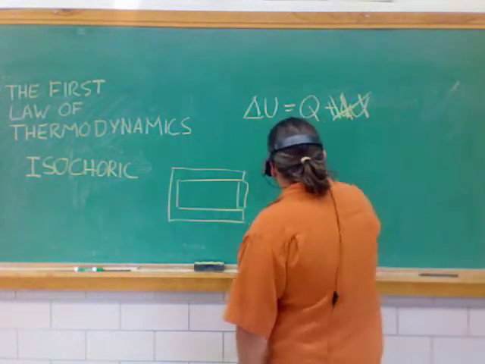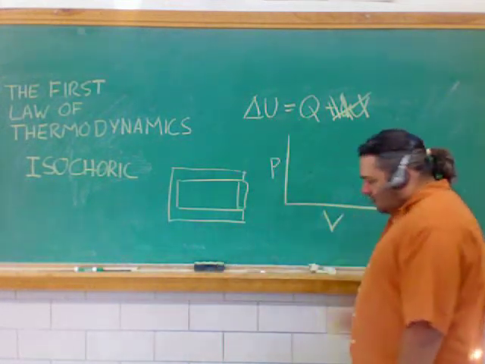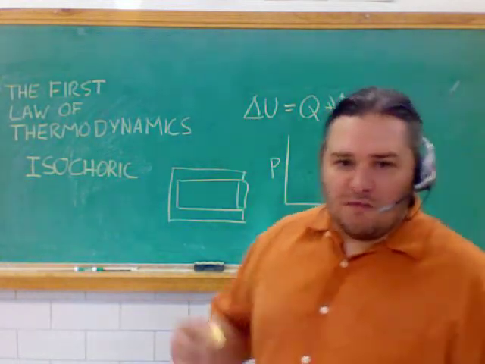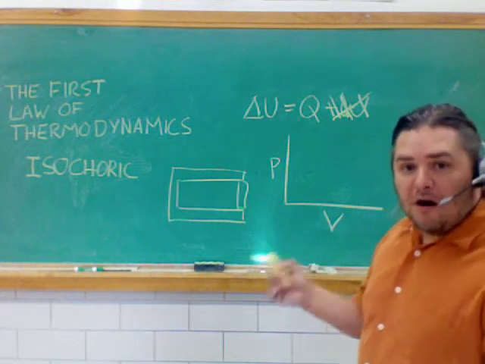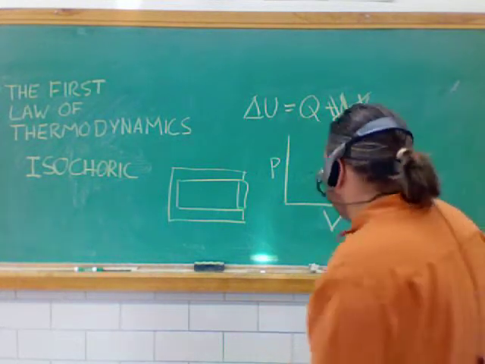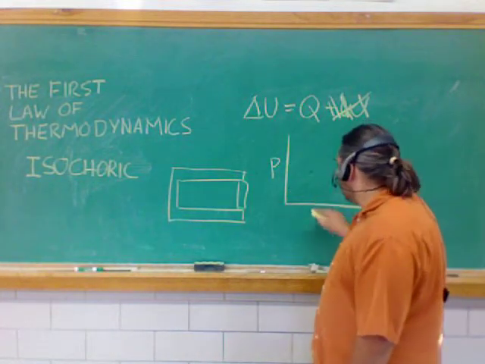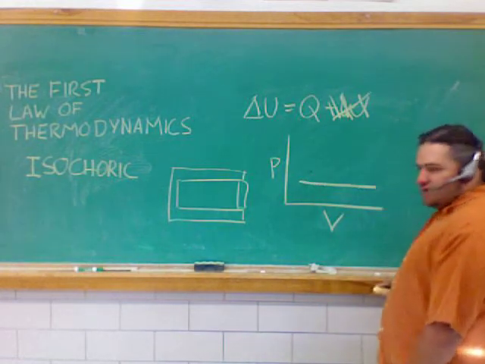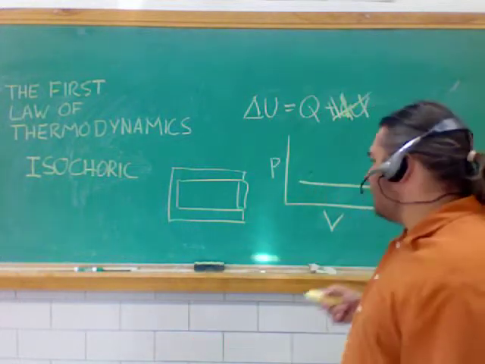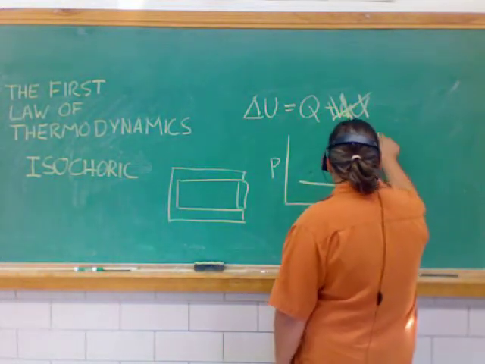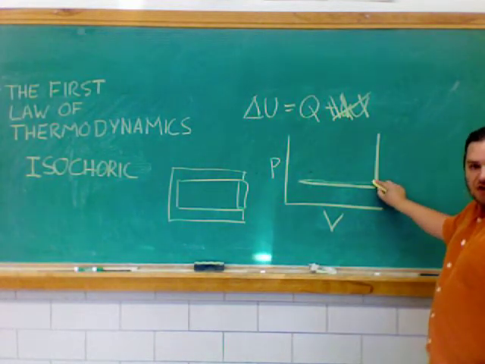Now, something that you probably will see on any test about thermodynamics is a pressure versus volume graph. Now, we've talked about two of the primary processes, isobaric and isochoric. If we talk about an isobaric system, the pressure remains constant, but the volume changes. So that means that you're going to get this kind of graph. Okay? If we talk about an isochoric system, that means that the pressure changes, but the volume stays constant. So right here is the isobaric system. Here is the isochoric system.